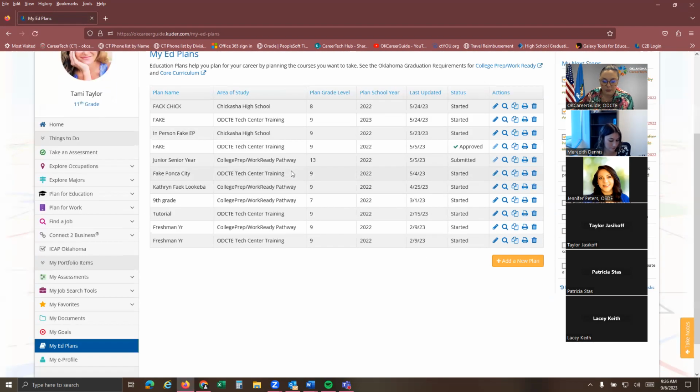And just like Jennifer had mentioned, this is where students will go to create those intentional sequences of courses. I think that I want to be an electrician, so I really want to apply to Central Technology Center and get into their electrician program, or I really want to apply to Meridian Technology Center and get into their graphic design program, whatever that may look like. But it's ideal because that'll probably be their junior and/or senior year before they can get into that program. So it's ideal that they start planning that out as a freshman.